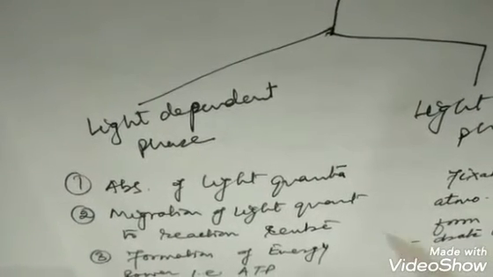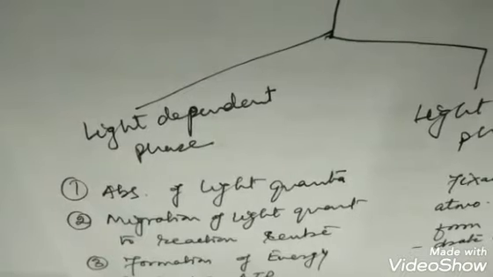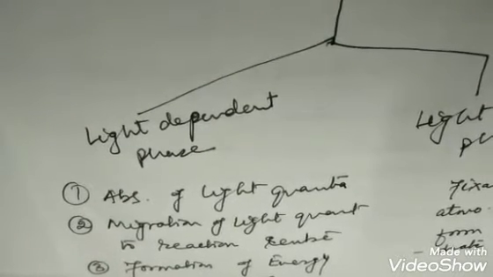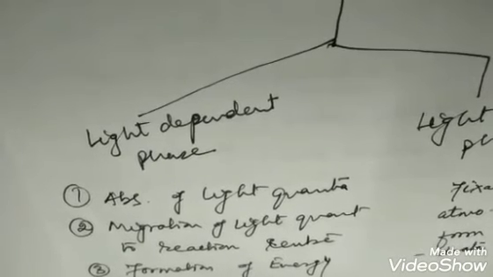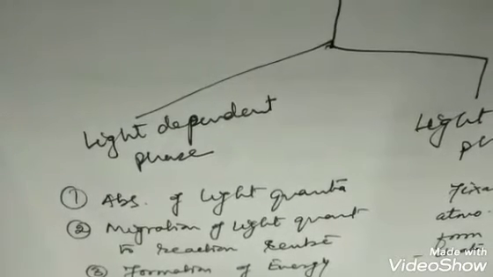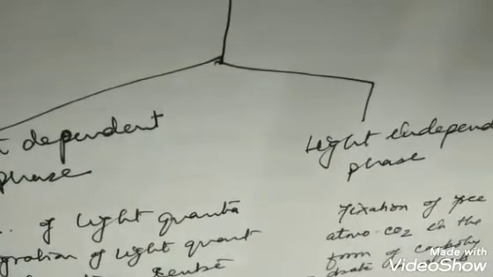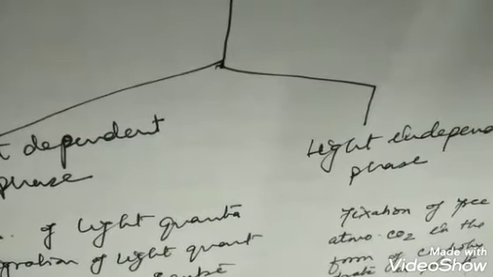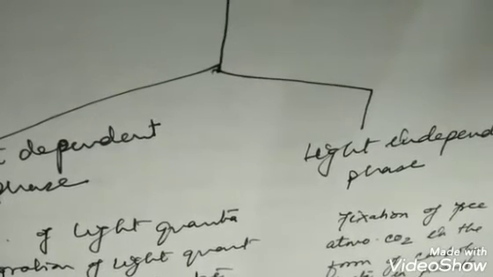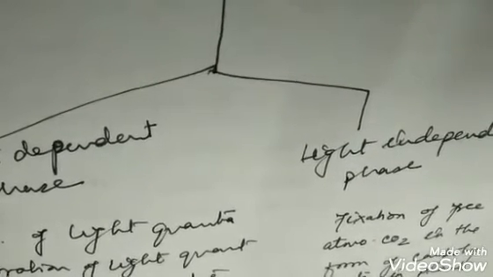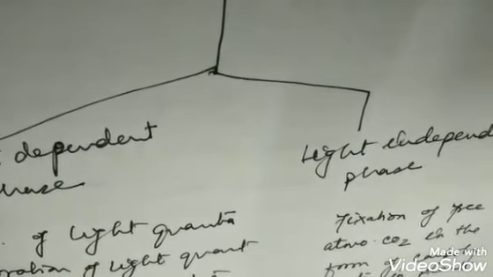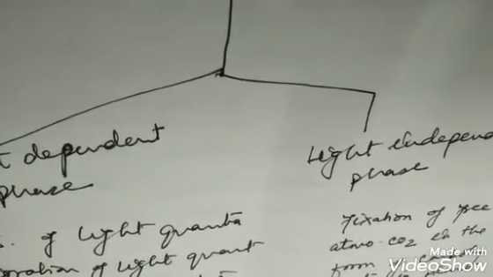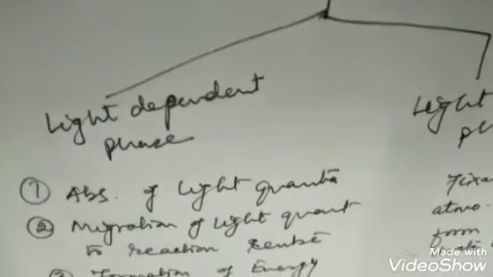In very simple words, the basic concept of the process of photosynthesis is that the atmospheric carbon dioxide is fixed or assimilated into carbohydrate in green plants. But this process is very simple in saying; behind this there are several very complicated steps, and for some steps light is necessary, and for some steps light is not necessary. Now we come to the light dependent phase, the steps for which light is necessary.